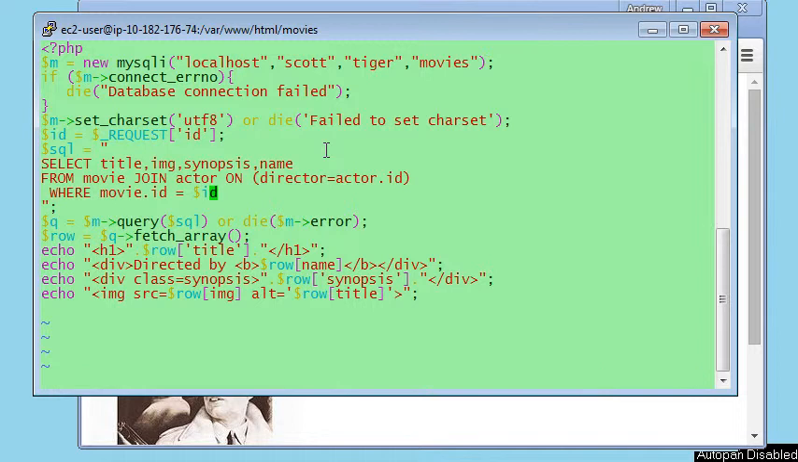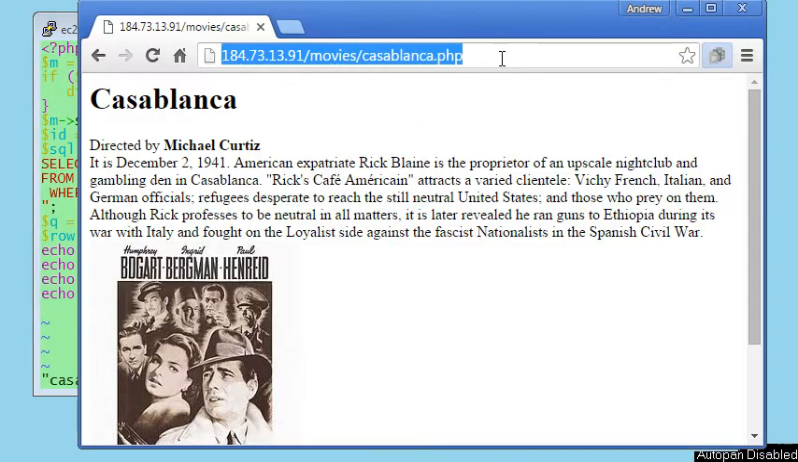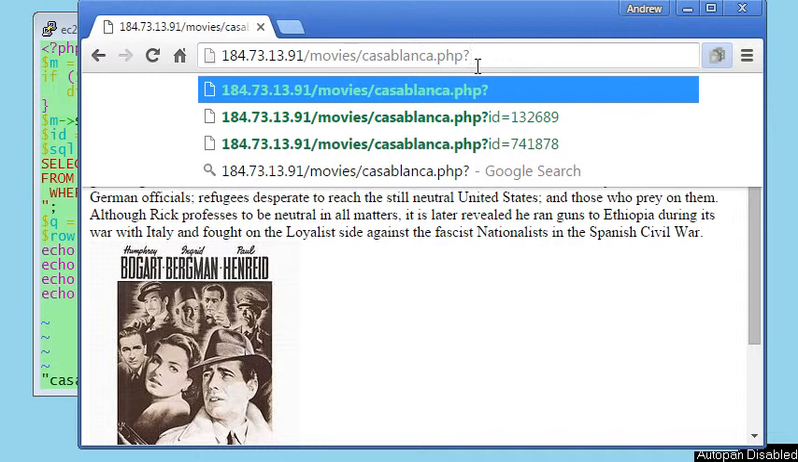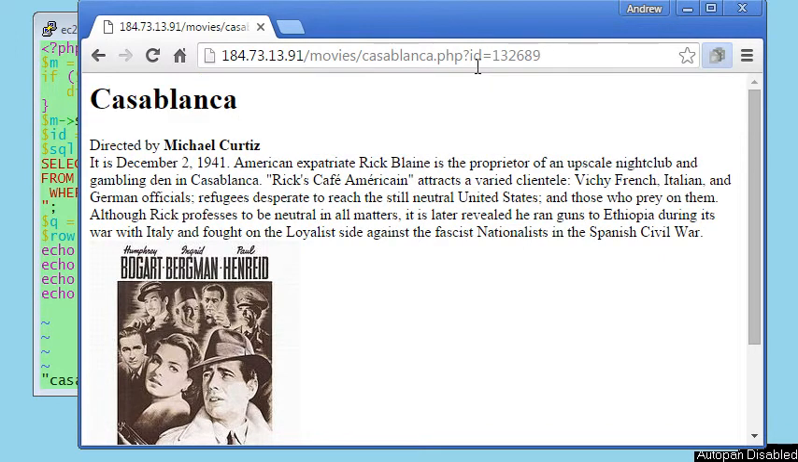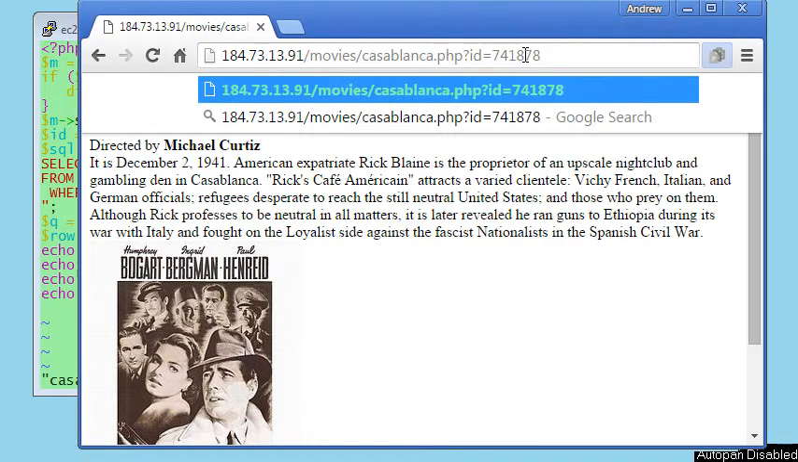query. If I save that now and return to here, if I put in $ID equals and then paste in the value, then I can see nothing much has changed. If I happen to have the ID of another movie, then I can put that in place and it'll pick